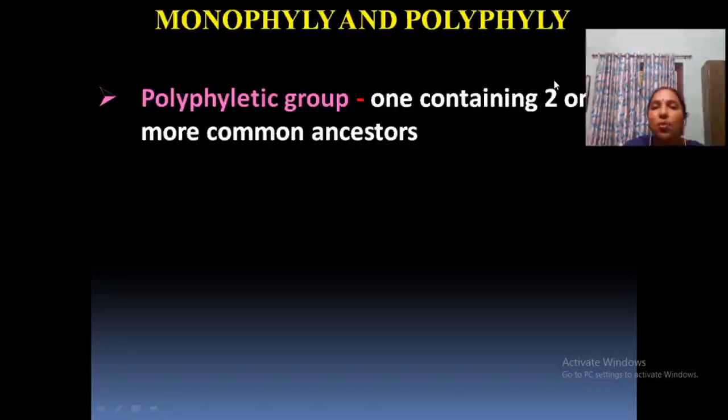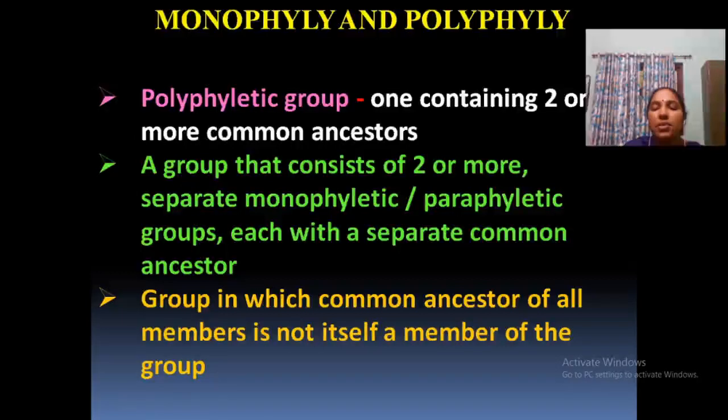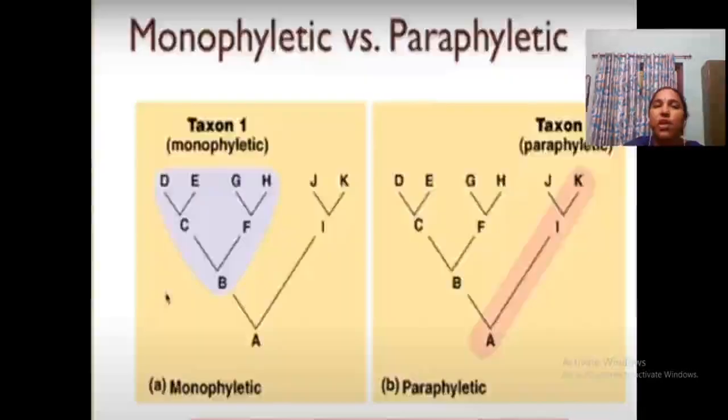Okay. Now, a polyphyletic group contains two or more common ancestors. A paraphyletic group is a group in which the common ancestor is not itself a member of the group. See here in this picture you can see monophyly and paraphyly. So this we already, I think, are familiar with now. This is the common ancestor and all its descendants. See what is here? Here a common ancestor and only one side of the descendants is included, that is paraphyletic. Others are excluded. So that type of diagram is a paraphyletic cladogram.